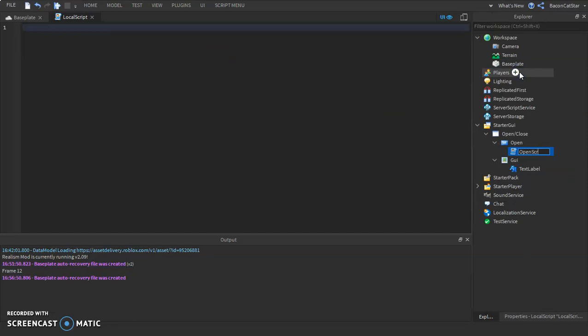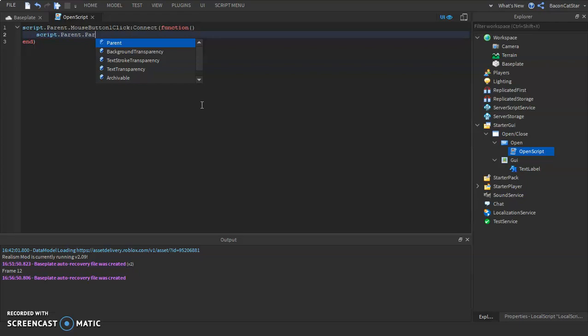open script, and then type in script.parent.MouseButton1Click:connect(function() script.parent.parent.GUI. You don't have to put GUI. Name it what you name your frame. .GUI